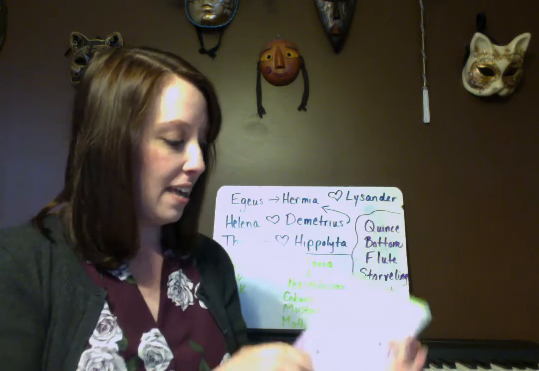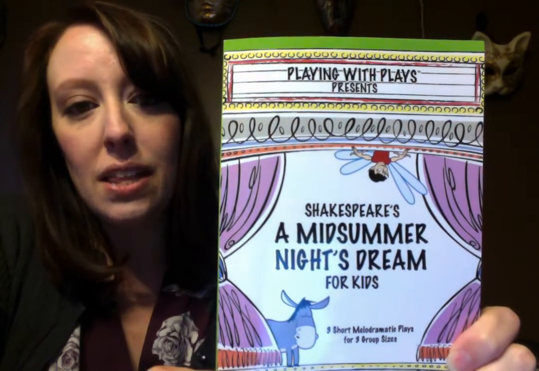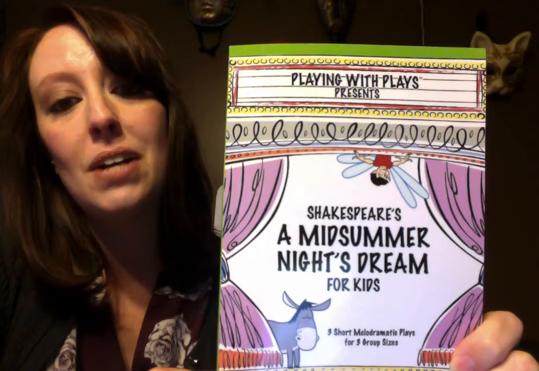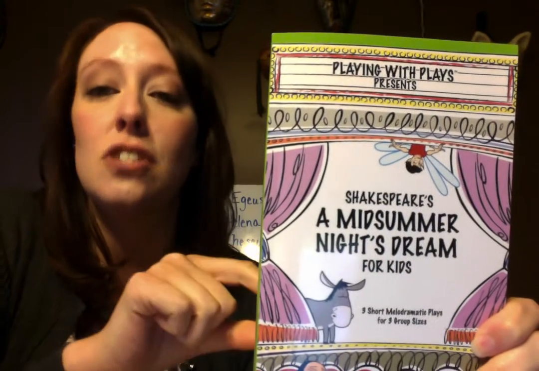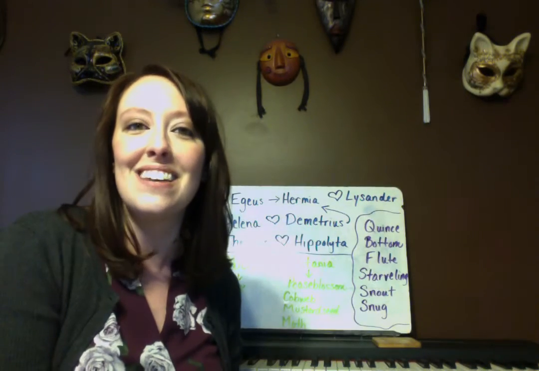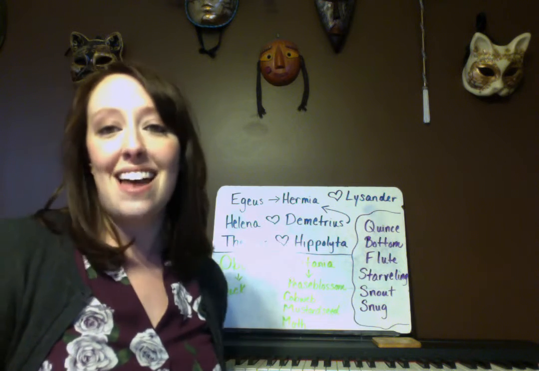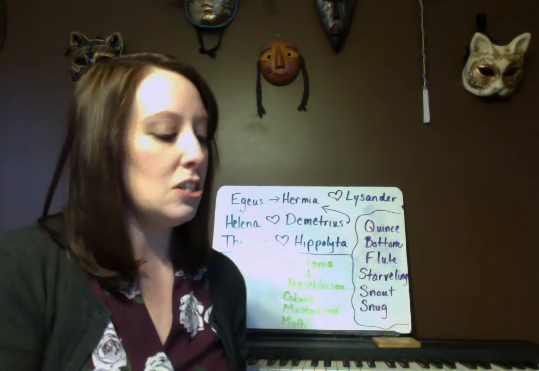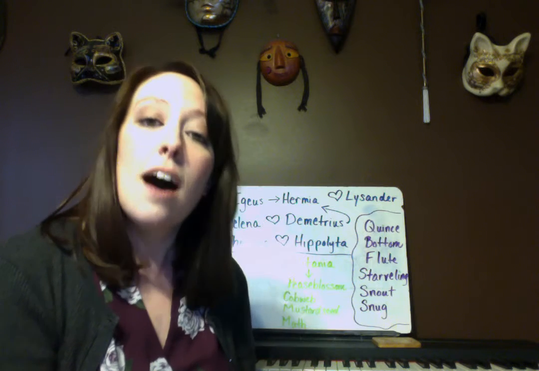So today, let me pull this closer so you can actually see. There we go. We are going to be looking through Shakespeare's comedy, A Midsummer Night's Dream. Now, this one is written in a specific way, so it changes a little bit of the words. Shakespeare, again, is written in that Elizabethan English. So it is English, even though it sounds a lot like poetry with the way it's stylized. But yes, it's just normal English. It's just Elizabethan English. And we're going to go through this comedy today.